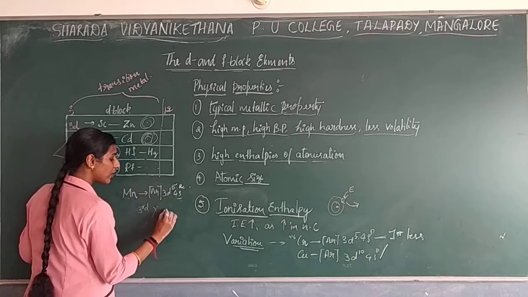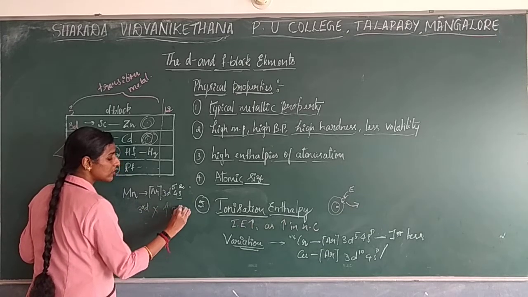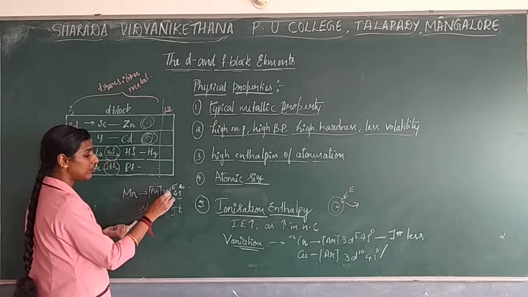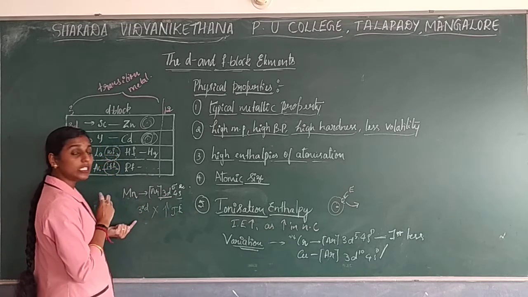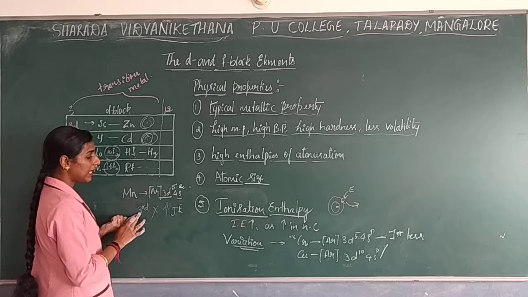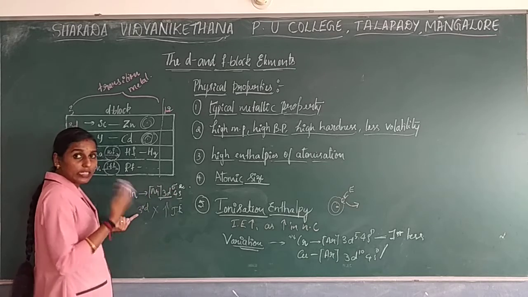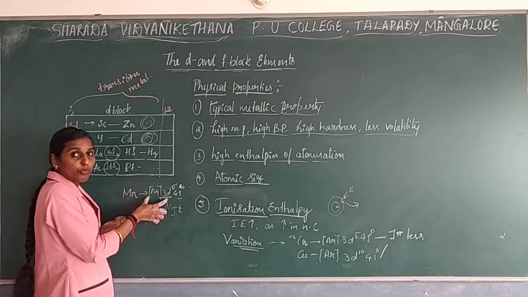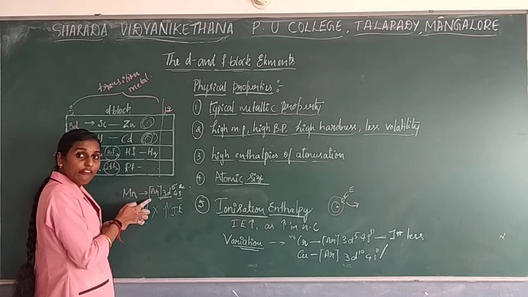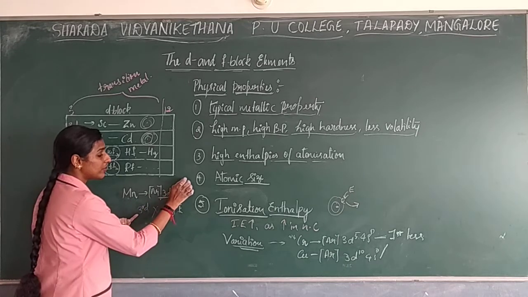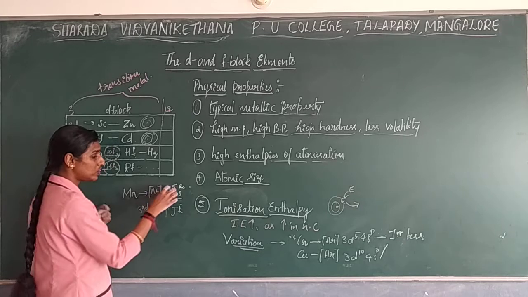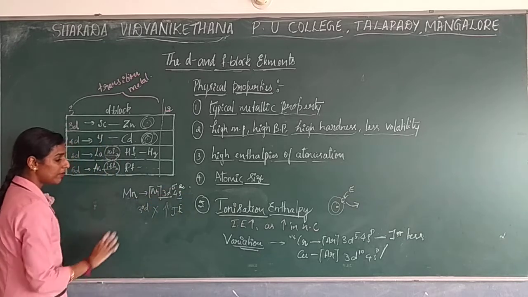but removal of electrons for the third ionization enthalpy is difficult over here. So you need to give more ionization enthalpy. This is the larger amount of energy you need to give to remove the electron from the d-shell. If you are removing the third electron, the electron should be removed from the half-filled shell, right? So for that sake, we need to give more energy to remove that electron. So the ionization enthalpy will be more.